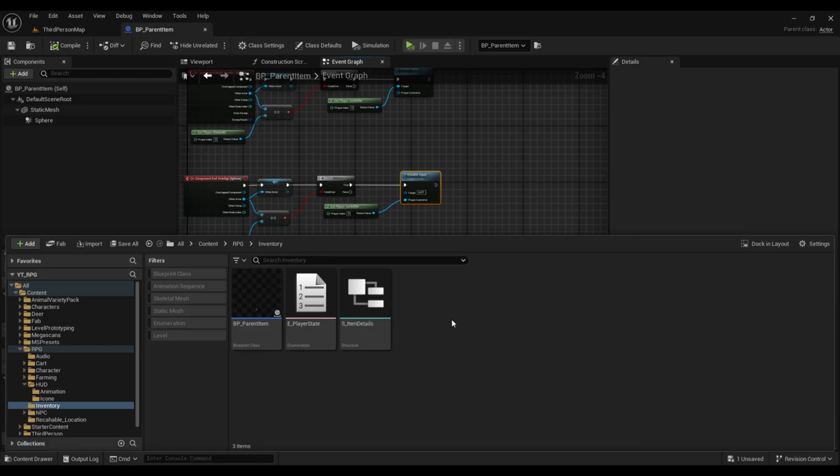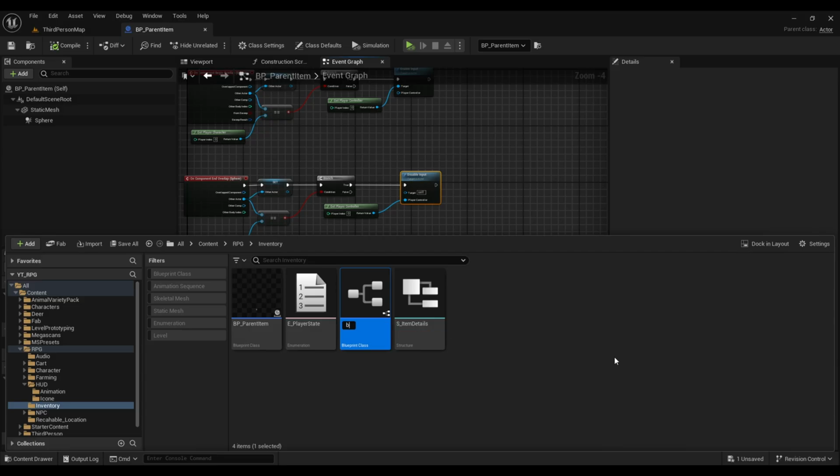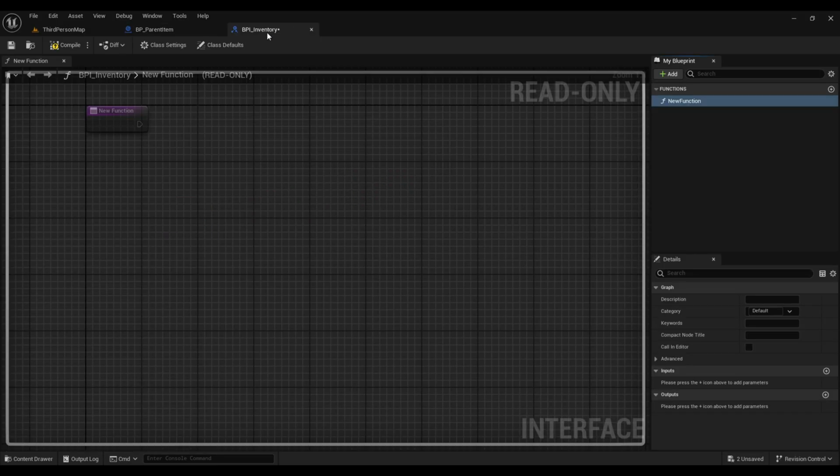Simple. Now the next thing that we have to do is to create a new blueprint interface. So simply right click again under blueprint, create blueprint interface, name it BPI inventory, and just double click and open it. And inside here we will already find a pre-created function, so rename it as add to inventory, and we